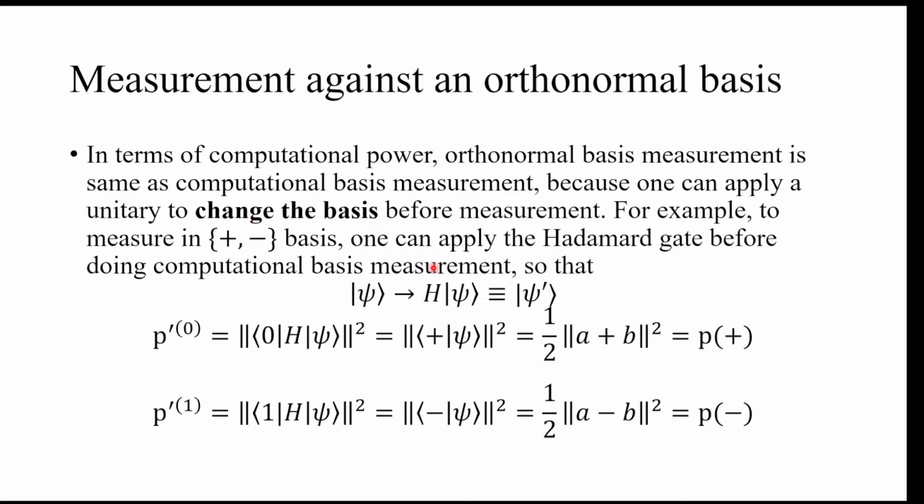So if we want to change basis, we can do the Hadamard gate first, and then we will get psi prime equal to Hadamard psi. Now if we measure psi prime in the 0, 1 basis, we are inner producting this psi prime with 0 and 1. But we know that bra 0 times Hadamard is actually equal to bra plus, because